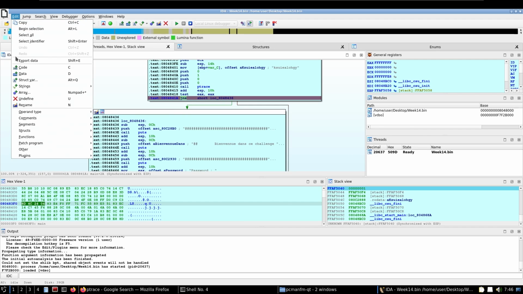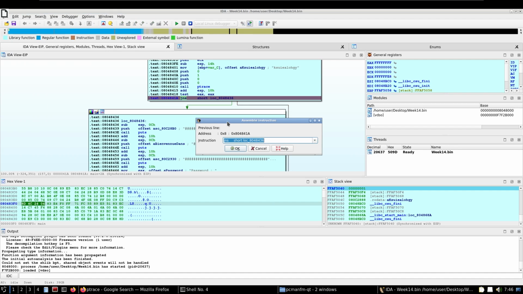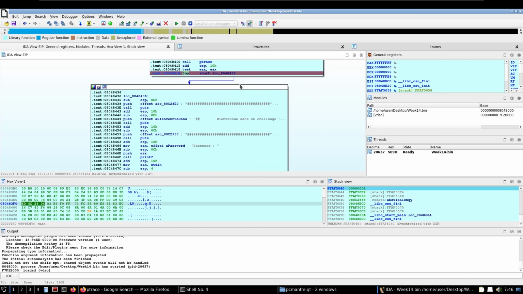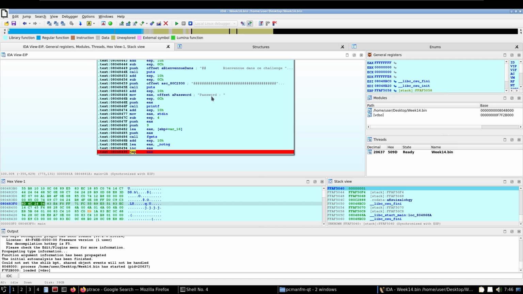So how we're going to do that is we're going to click on here. I'm going to press on edit, press on patch program, press on assemble. This menu will pop up, and I'm going to go ahead and change this instruction to a simple jump, JMP. Press on OK, press on cancel here, and as you can see now, the arrow that was going down here is no longer there, and we have this new arrow right here that's going into this section to input password. Now if I hit run,